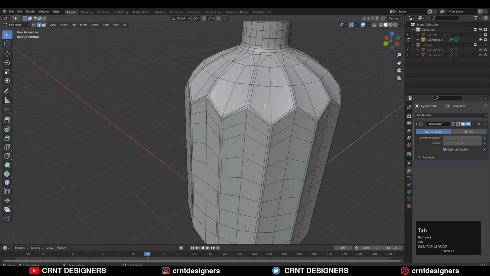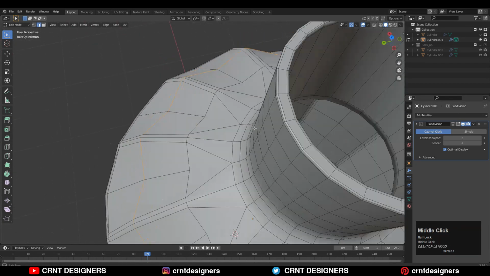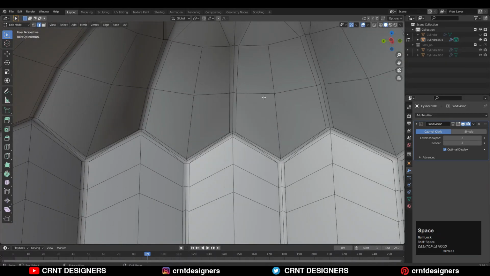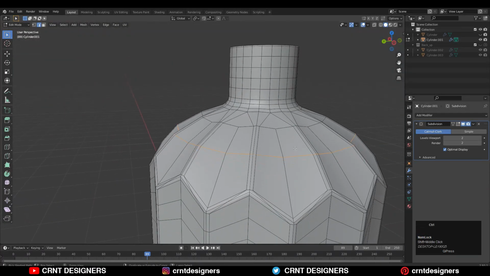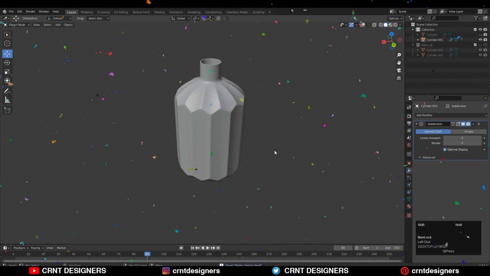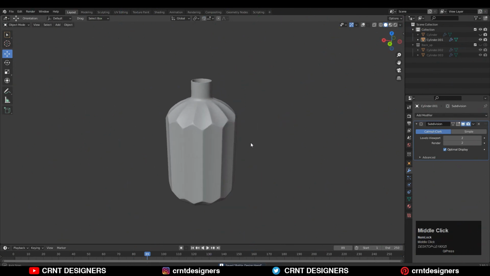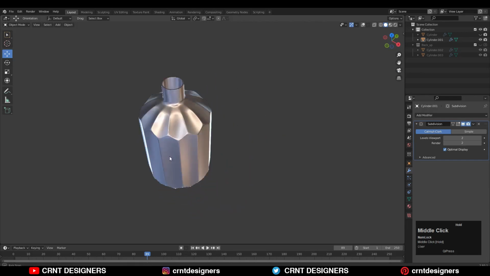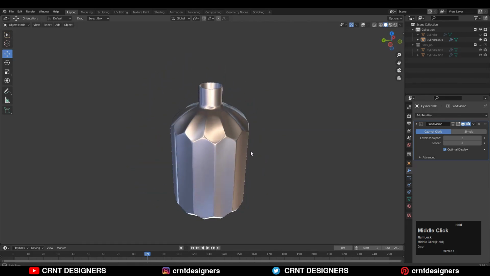So you can see we have tried to create decent topology there. So just select this edge loop and then select that inner edge loop with shift select and then Ctrl B to add a bevel on it, and add a 2 or 3 segment bevel there to add more geo on the model. So you can see it looks pretty good. Decent modeling we have done here, and we have learned something new. And we have got smooth shading there on the model.